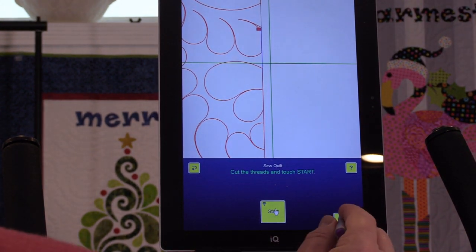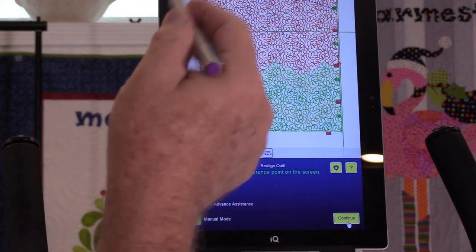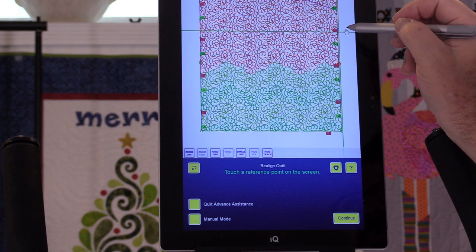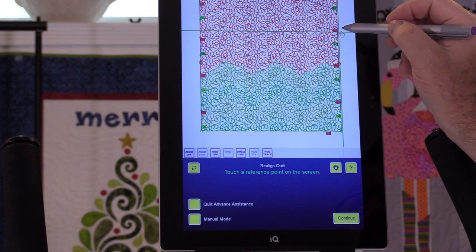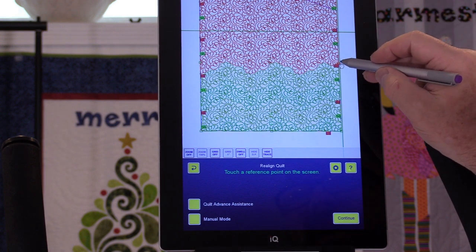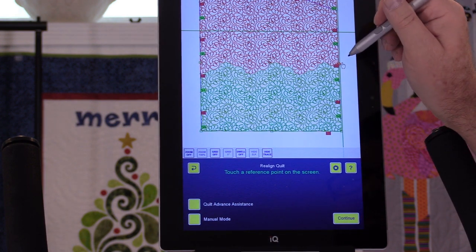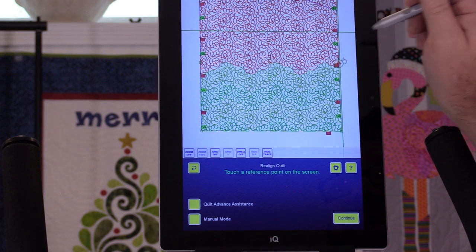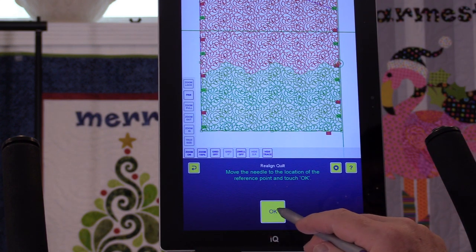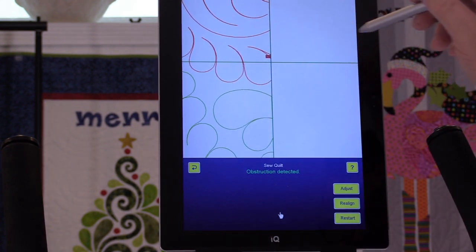So I'm going to hit realign, and I probably have to be on this side. The IQ thinks I'm almost way up here at the ending of row 3, but where I'm actually at is the ending of row 5. So if I just touch the little crosshairs there and hit continue and OK,